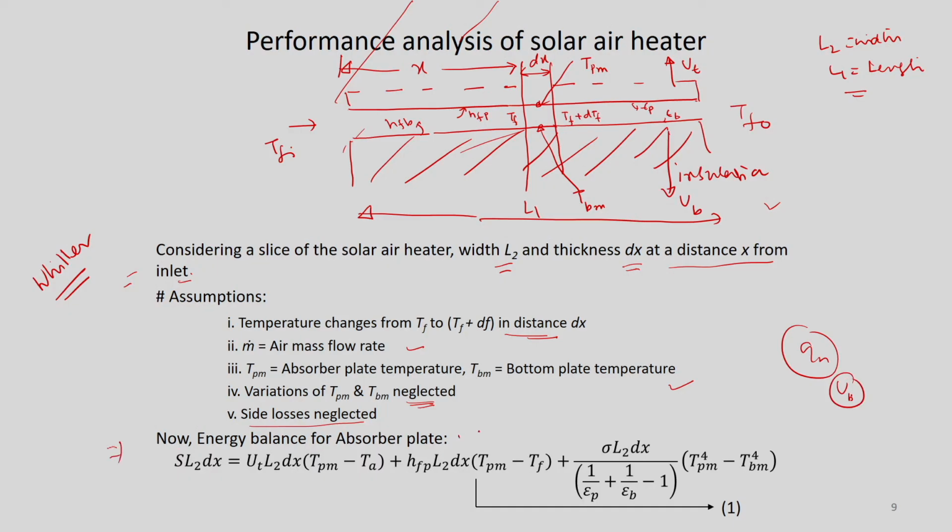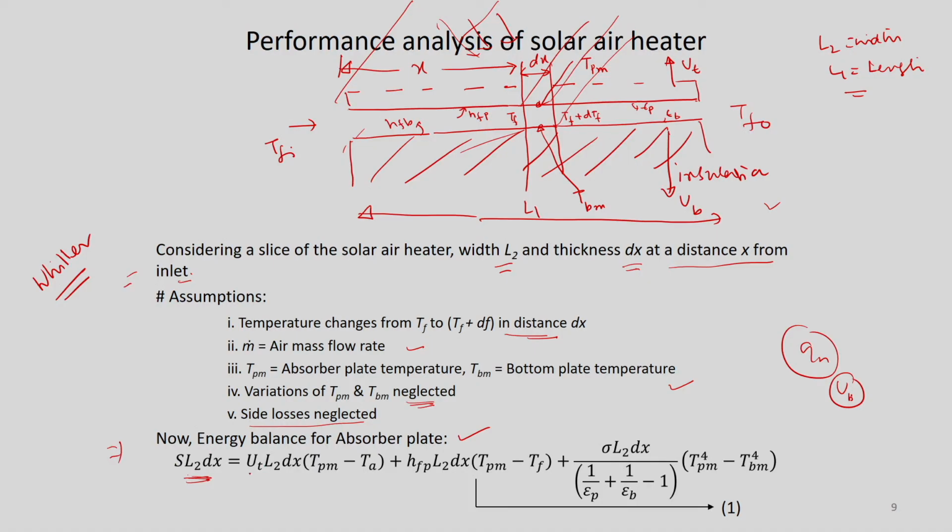Now, we can write the energy balance for the absorber plate. So, this is the amount of radiation which is falling on the section that we have considered. So, this S into this part is L2 by del x. So, this will go something like this. If we visualize, this will go something like this, okay. So, delta x, so this will be something like this, okay. So, this delta x multiplied by L2, this is the area multiplied by S,